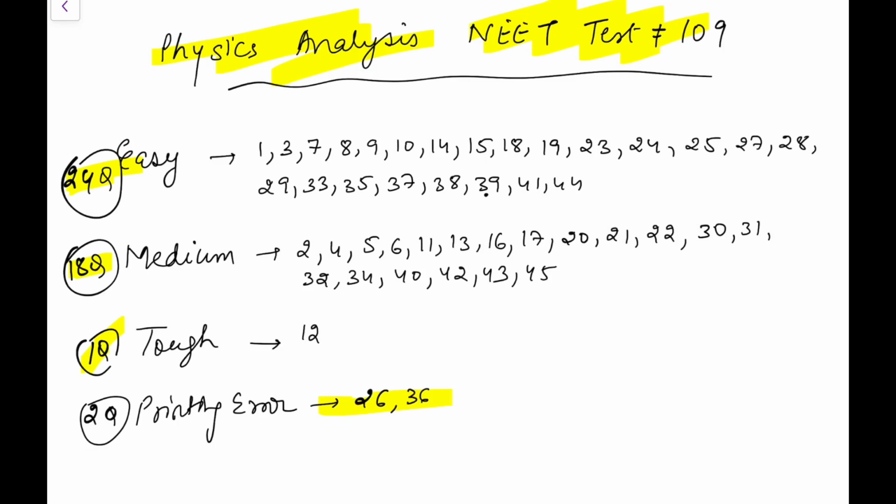Just remember, in NEET there are almost 35 to 40 questions in the easy to medium category that you can always do, and here also you have more. So again, it's not a tough paper. You should score, and by my logic, 24 and half of 9, so 33 questions you must do. 33 questions means 124 marks, so you should get 120 marks exactly in this paper if you are decent enough in physics, and if you are very good, this is a paper where you can score 160 to 170 plus.